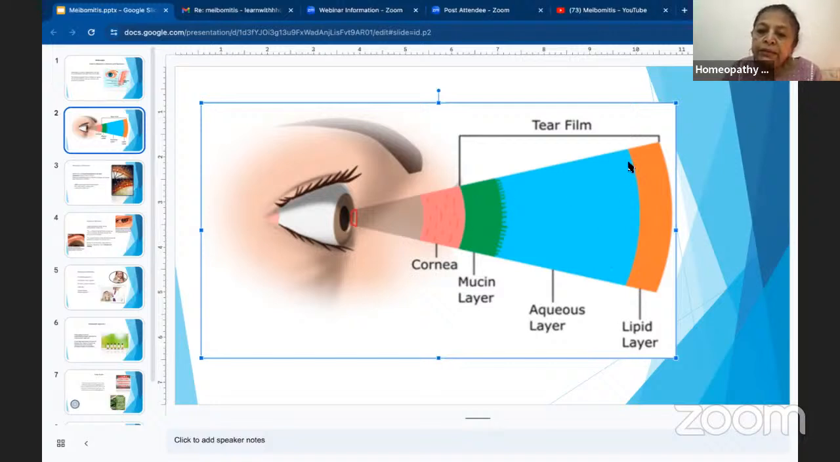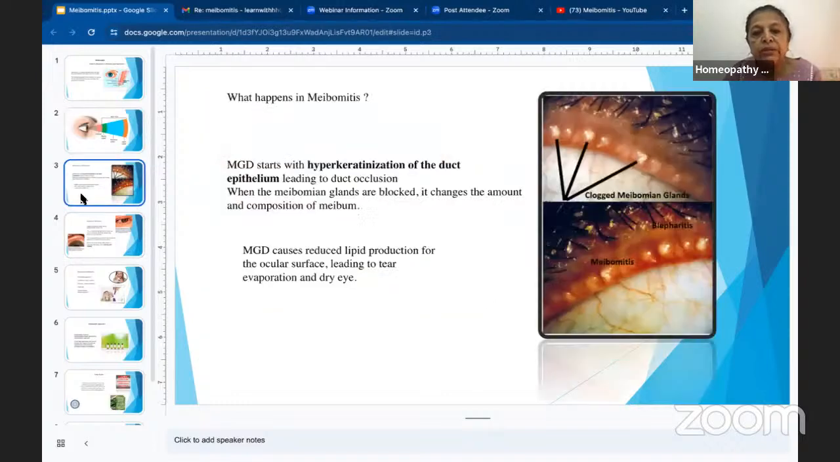Whenever the Meibomian gland secretion is reduced, naturally the aqueous layer of the tear film reduces because of evaporation, and there are symptoms of dryness: usually a foreign body sensation, itching, watering and a burning sensation. So whenever a patient comes with symptoms of dryness, we should first rule out Meibomitis before considering any other layer. When you examine the patient, you will see in the lid margin